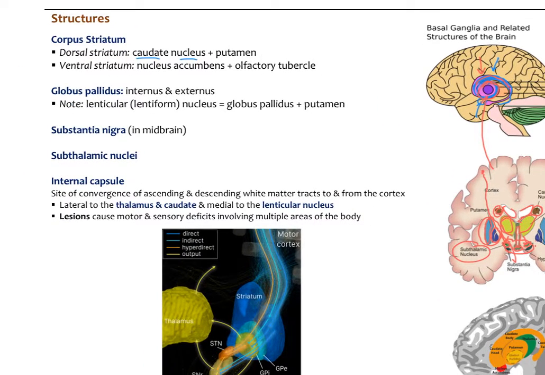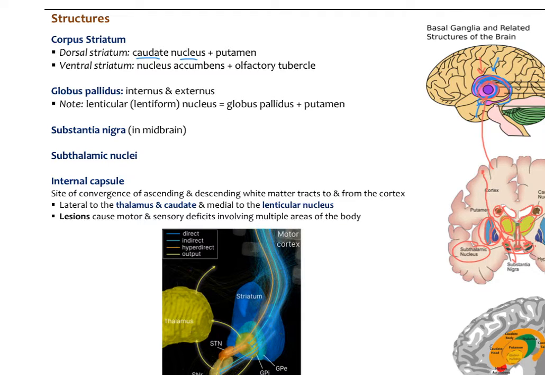So the internal capsule is super important because it is really where all the ascending and descending fibers going to and fro the cerebral cortex are going to pass. And so one way to think about the basal ganglia is that they're going to receive inputs from the cerebral cortex, motor inputs. They're going to process those inputs and then output it to the brainstem. So think of the basal ganglia as kind of a motor processing center to help with, as I mentioned before,